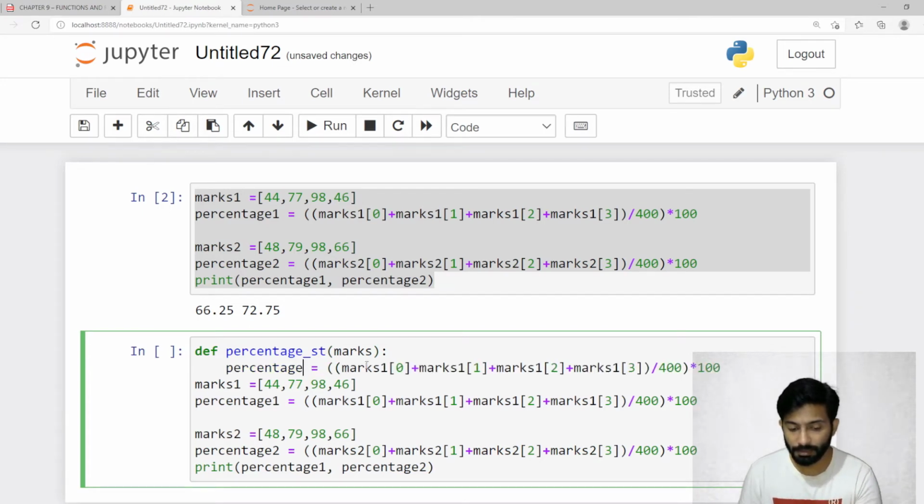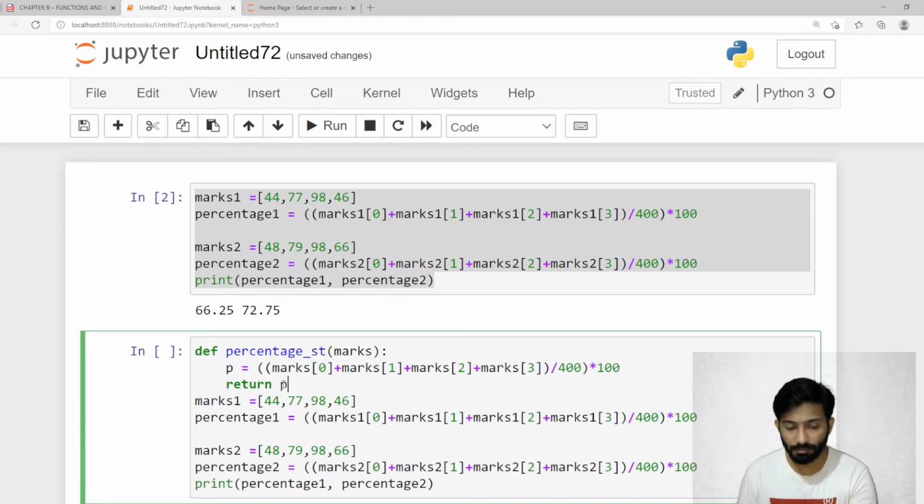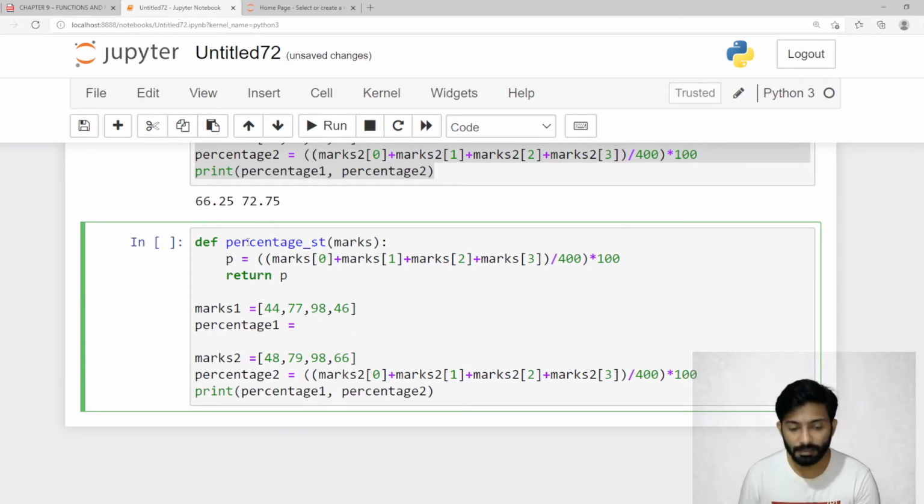Just write a percentage. See, over here I have written marks, so here it should be marks, not marks 1. Now return. Instead of percentage, I will write P, and here return P. Here what I can do is, instead of writing this thing, I can just write,